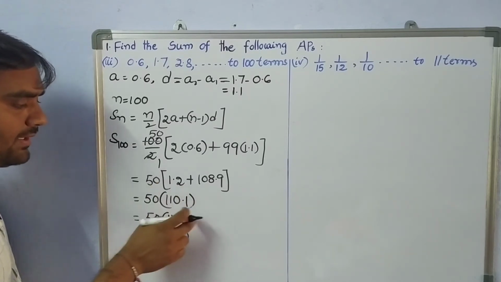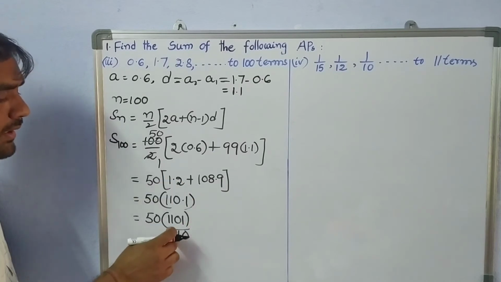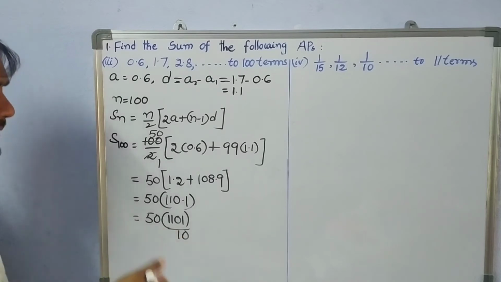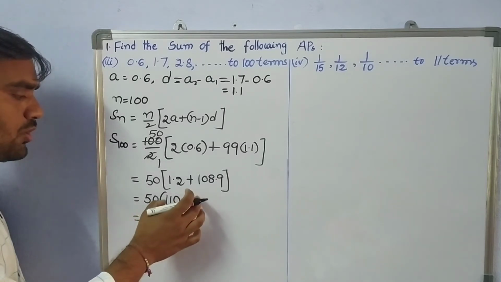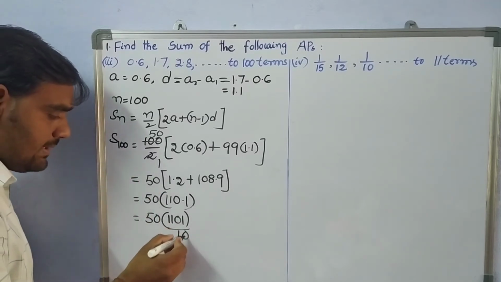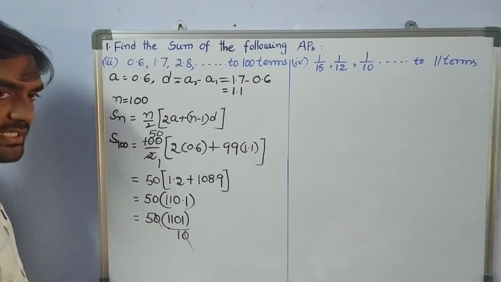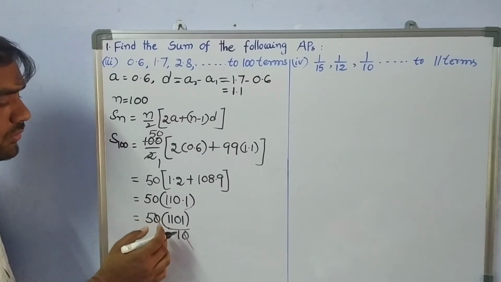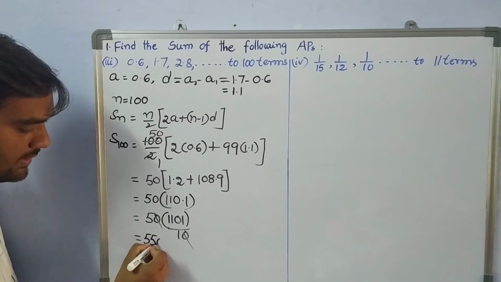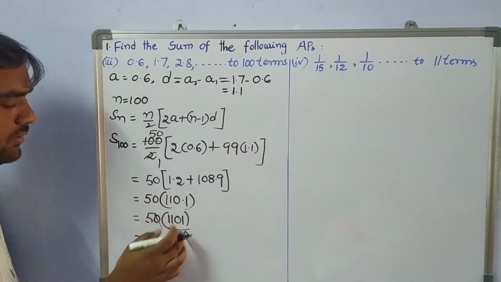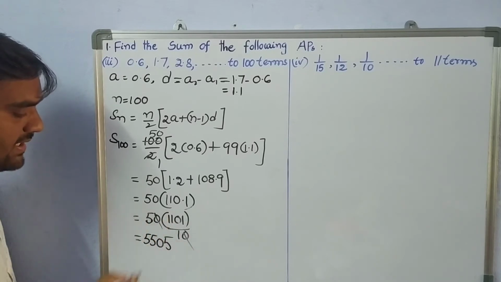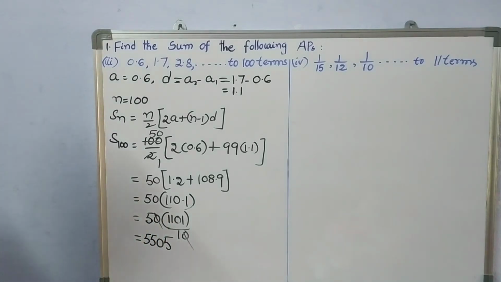So if you are going to convert this decimal into a decimal fraction, in the denominator we need to write 10. Suppose if we have two decimal digits, in the denominator we need to take 100. Here we have only one decimal digit, so in the denominator we write 10. So 0 gets cancelled. Now 5 into 1101. If you multiply you will get 5505. 5 into 1, 5; 5 into 0, 0; 5 into 1, 5. So now the answer is 5505.